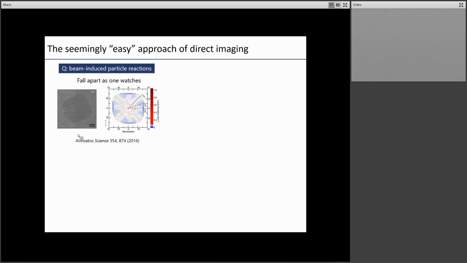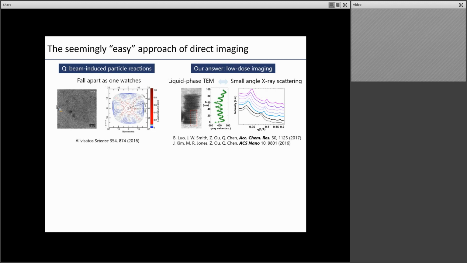Nanoparticles were repeatedly shown by others to react and change their shape under the electron beam of liquid phase TEM. While this is wonderful for re-understanding nanoparticle growth or corrosion mechanisms, as shown in this beautiful movie, it can fundamentally damage their self-assembly. So that's why the first few papers in my group pushed the boundary of liquid phase TEM imaging to low electron beam intensity. And at that very low electron beam intensity range, we were able to successfully eliminate beam-induced